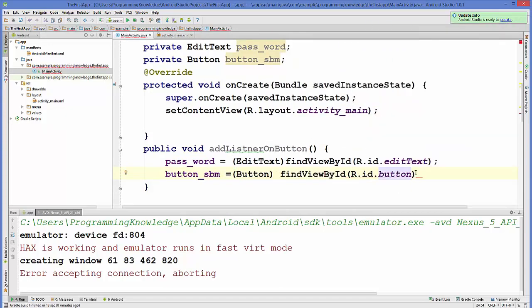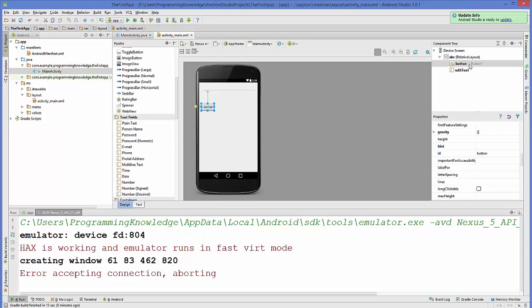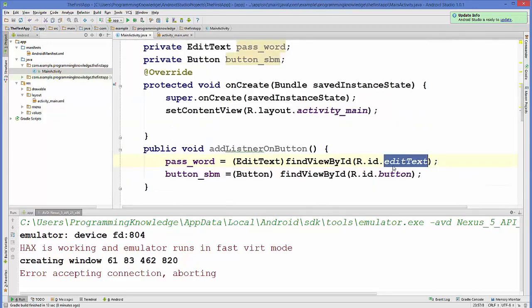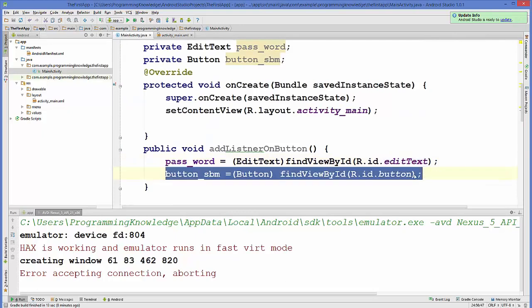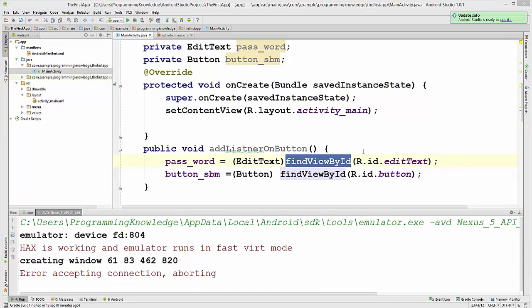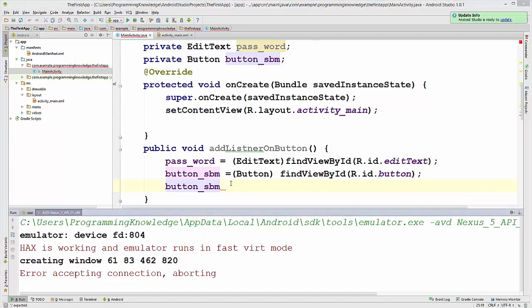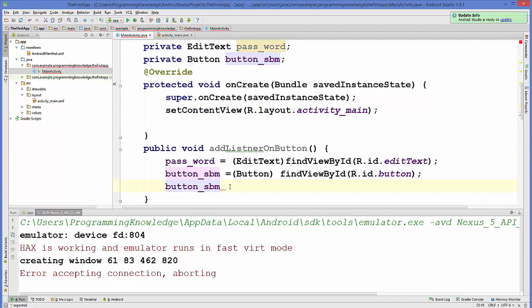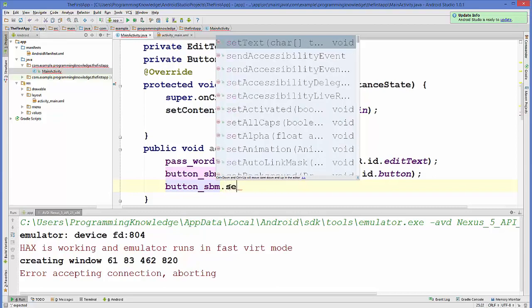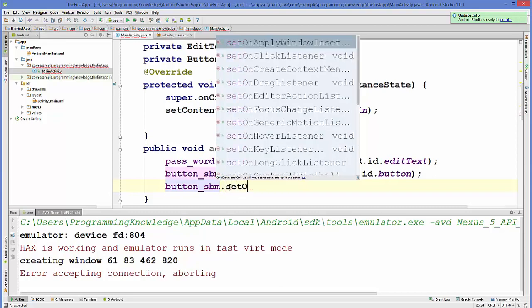Because the ID of our button is button itself, and added text is added text itself, that's why I have used added text in buttons here. Okay, now we are going to take this button, and add a listener to this button. So buttons and then dot set on click listener,